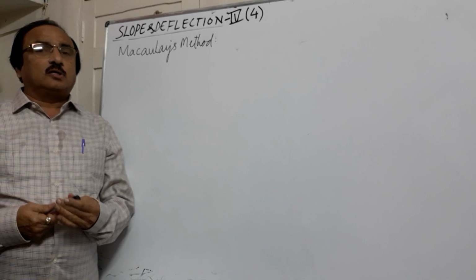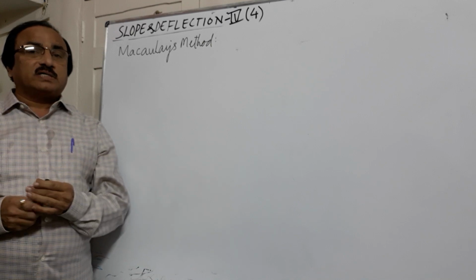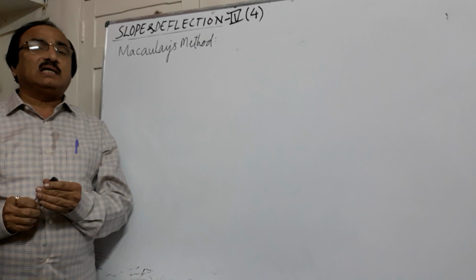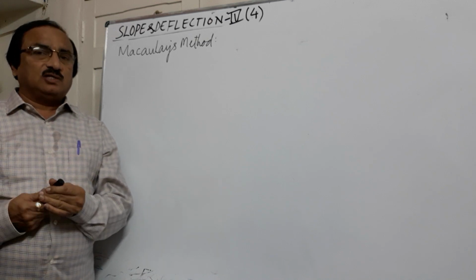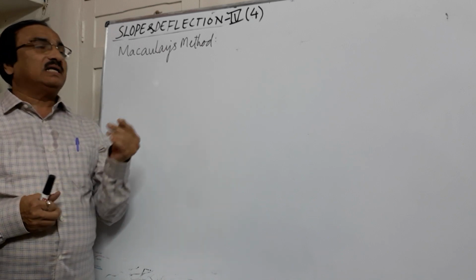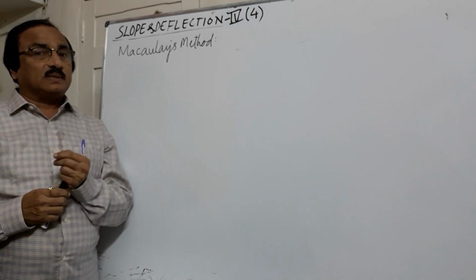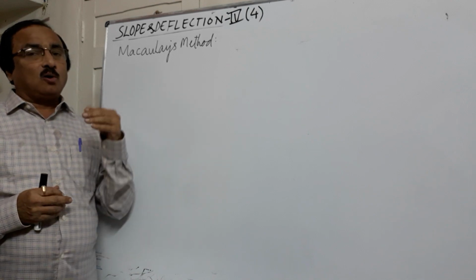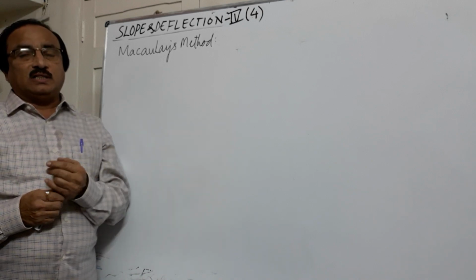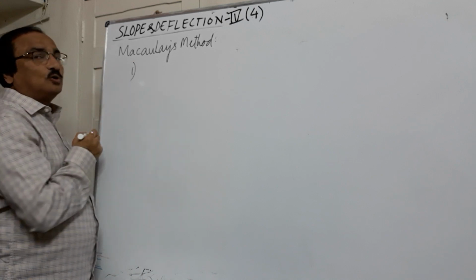Today we will find out the slope and deflection in the beam by using Macaulay's method. We have seen in earlier videos that we can find the slope and deflection by using the double integration method. But the double integration method is very tedious and complicated to handle. So, as a continuation of double integration, Macaulay put forward his method, known as Macaulay's method. It is easy, you can handle all the loads at a time and find the slope or deflection at any point in the beam. Now here he has given certain conditions to be satisfied.